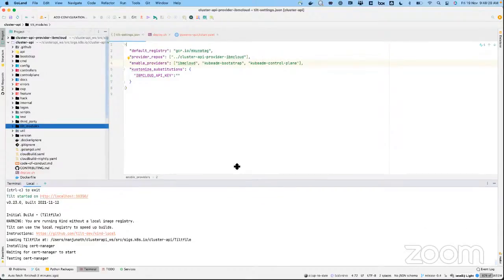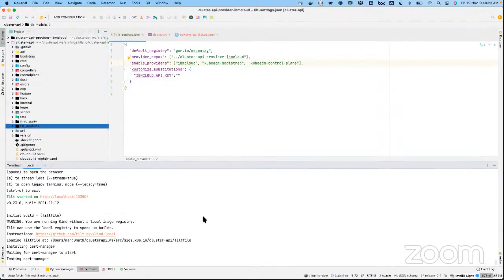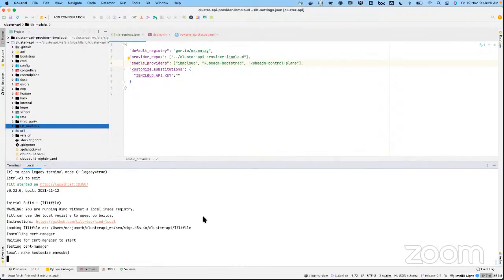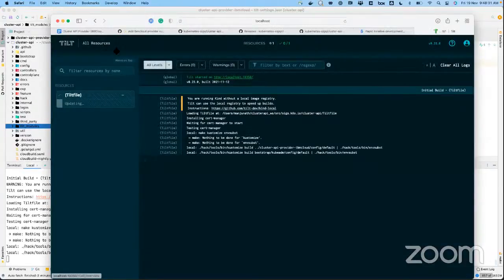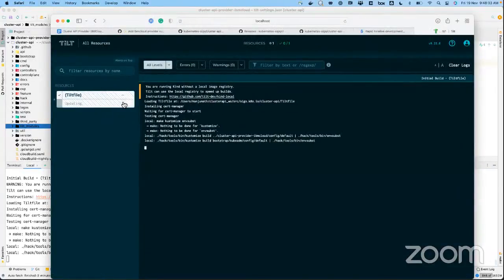I'll not go through all that in detail, but whatever I showed you via clusterctl, which got deployed, will now all happen via the Tilt file. It has a nice UI also, which shows you what it is doing.